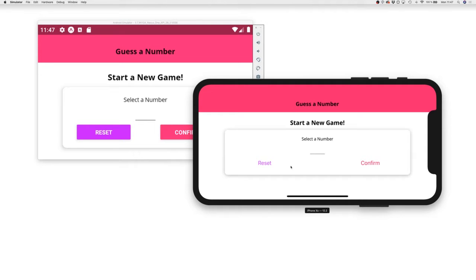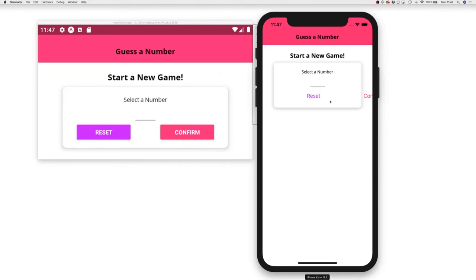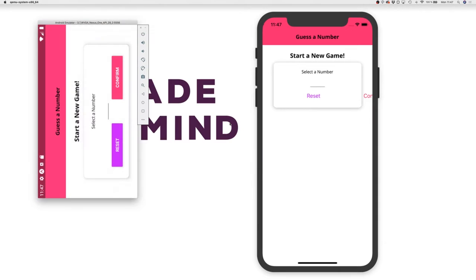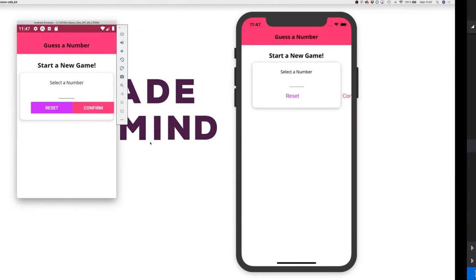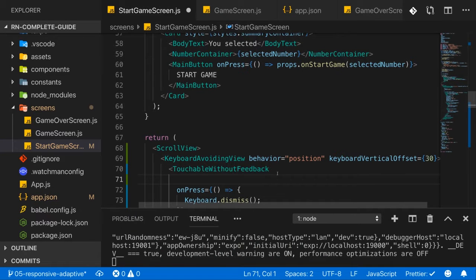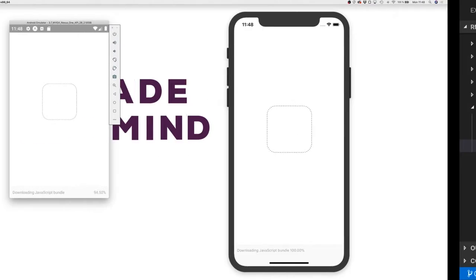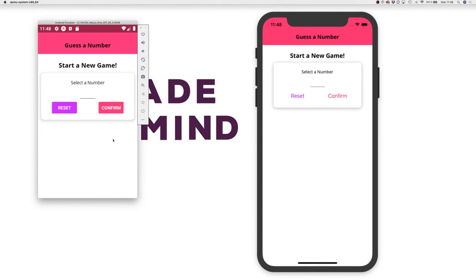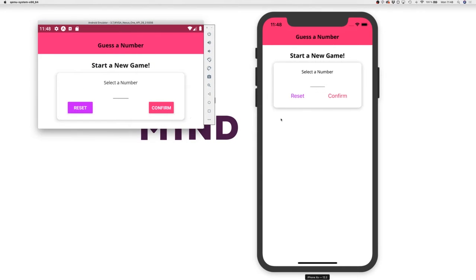Now, what about the styling? What about these buttons? For these buttons, you might notice that you now have a strange behavior if you rotate back to portrait mode, also here on Android. On the other hand, if we change something and undo that just so that the app restarts and we start in portrait mode, you see it looks good, but now if we go to landscape mode,